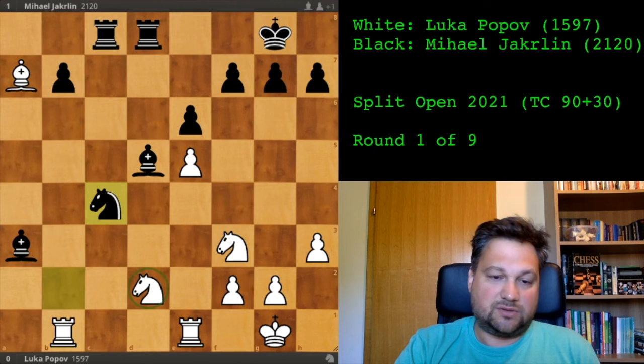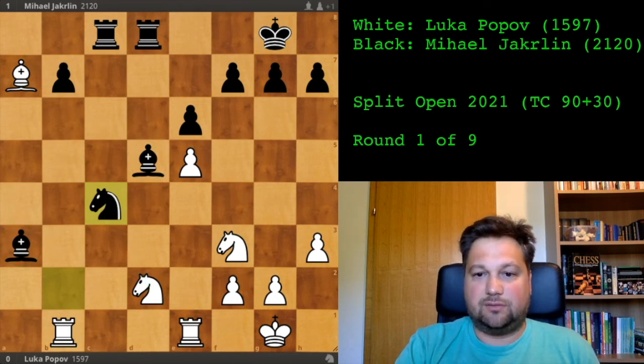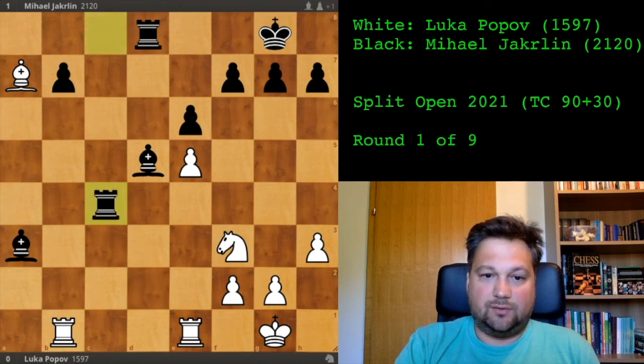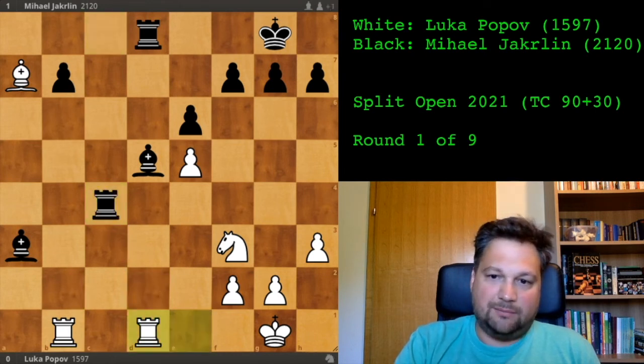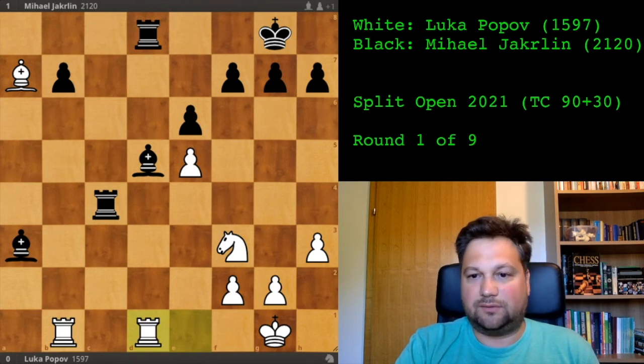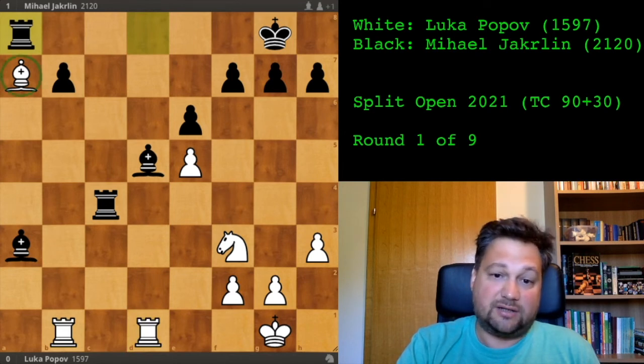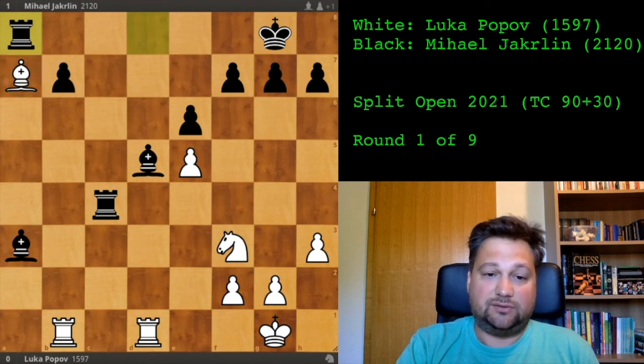Now, okay, he wants to exchange knights, and he'll have just the bishop pair. So knight takes c4, rook takes c4, rook e to d1. I'm trying something. I don't even know exactly what. So rook to a8, now hitting my bishop, and now again I'm trying something. I didn't just run away with my bishop, but I played knight to d2, attacking